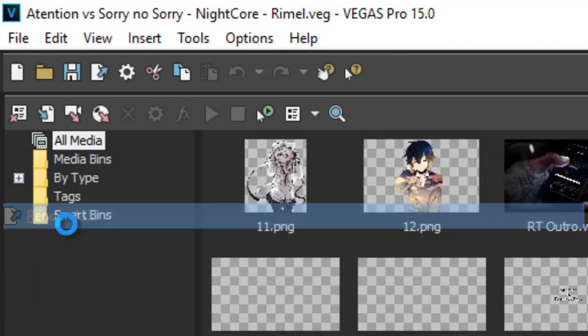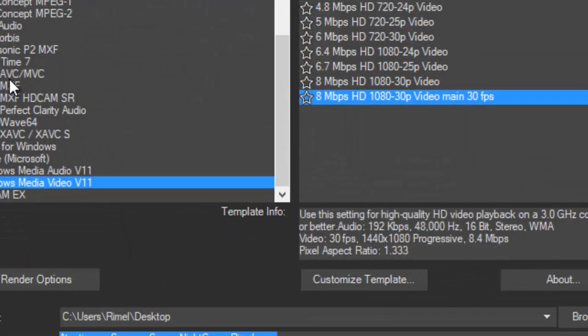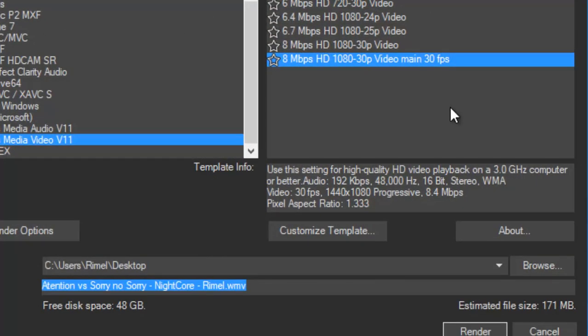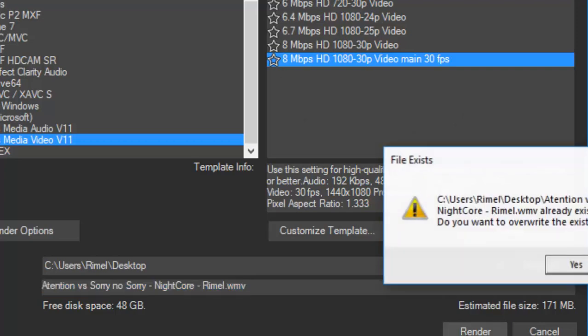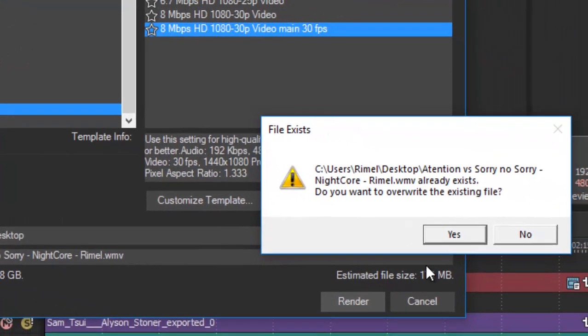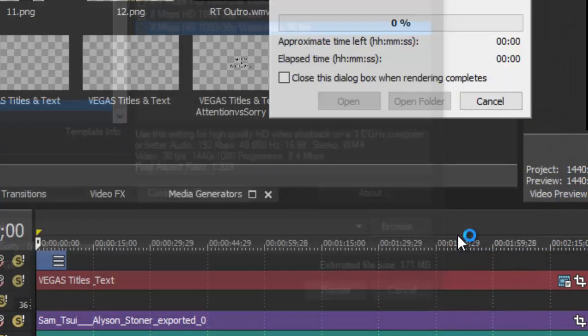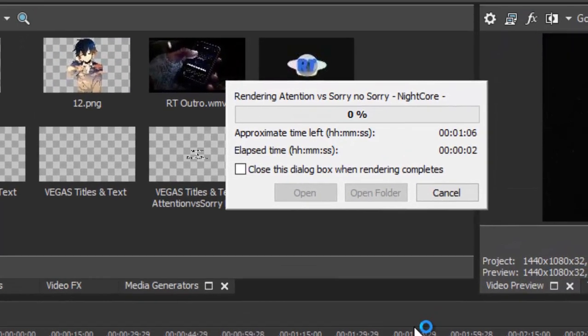You can click on render as, and then select your favorite render. I don't know what you render, just render it, then click on render. It already has that file, so it is asking to replace it. I'll click yes, and you can see it is rendering, so I'll skip the video until it is completed